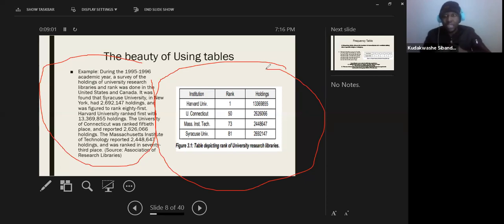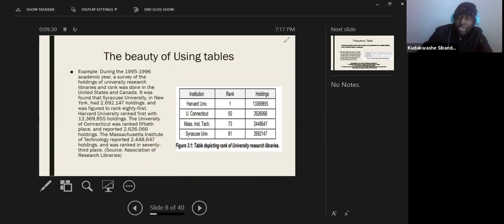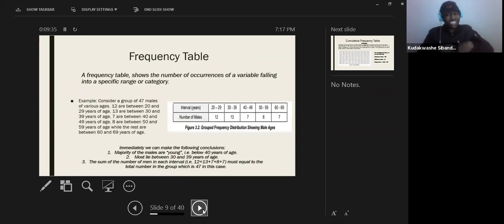We can actually try to understand what this type of information is without anyone even interpreting it to us, right? We can see that this is a table. It has institutions, the rank of that institution, and maybe the number of students that are enrolled. So you can see that this is the same information, but it's conveyed in two different ways. That's the beauty of using charts and tables, because they convey information more vividly. That's one of the reasons why summary tables and charts are used in statistics, because they convey information